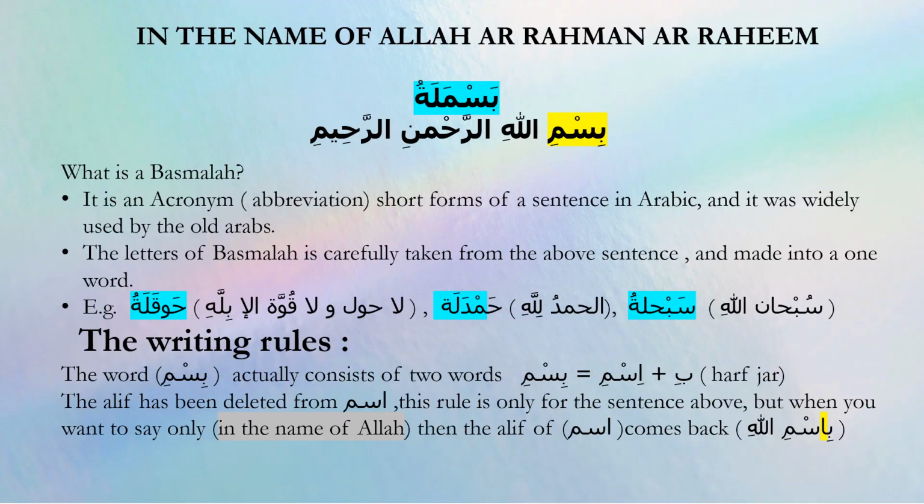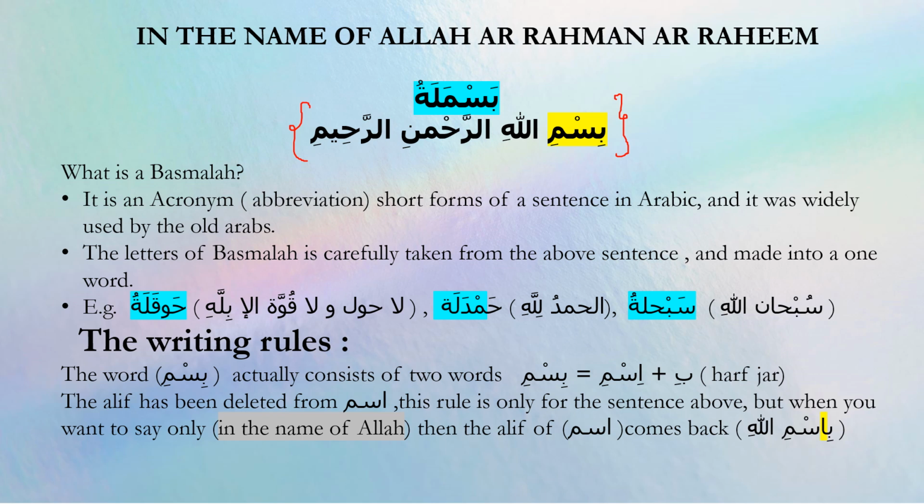What is Basmalah? Basmalah, as you can see, is the short form of the Arabic sentence Bismillahir Rahmanir Rahim. The whole sentence is made into a short form and is called Basmalah. As you can understand by UNESCO or the WHO or the UNO. In short, you say UNO, but in its full form, it's United Nations Organization. So that's how in Arabic sentence the Basmalah works as acronyms, or you can say abbreviation or short form of